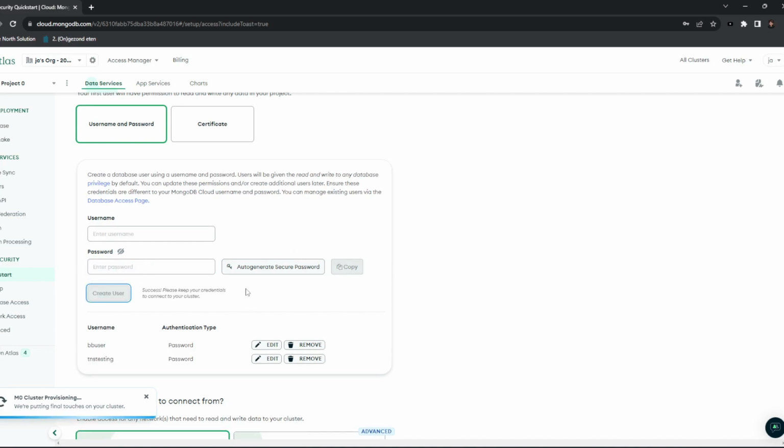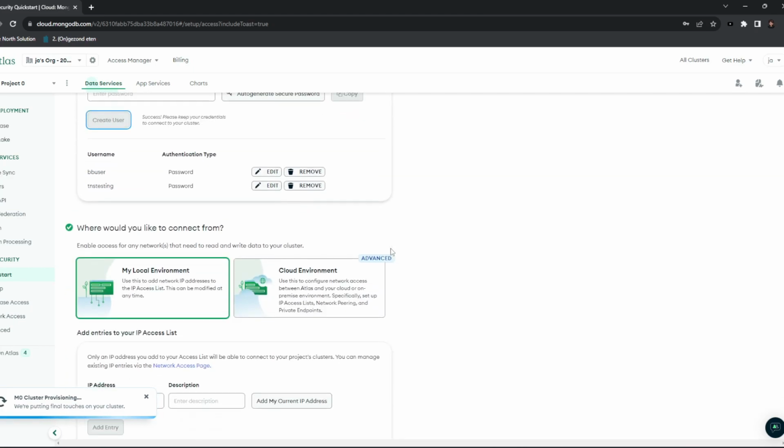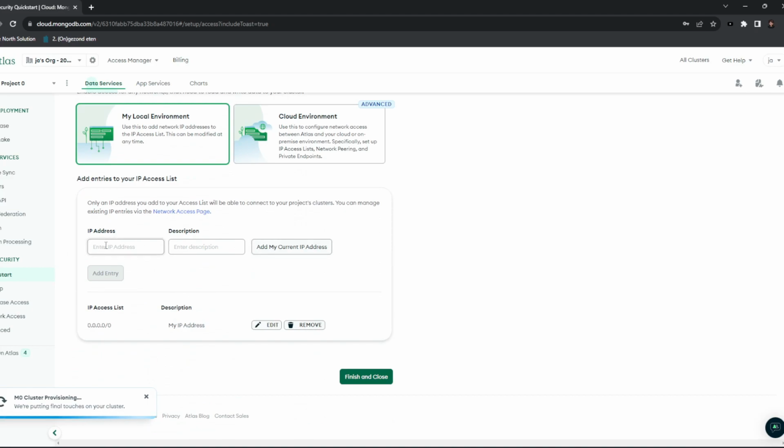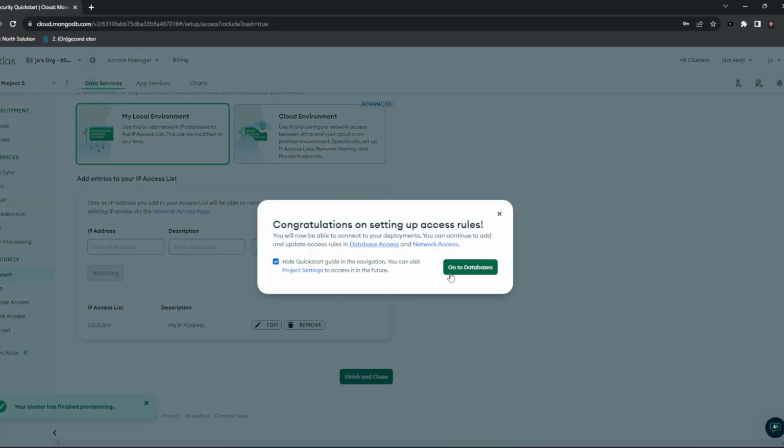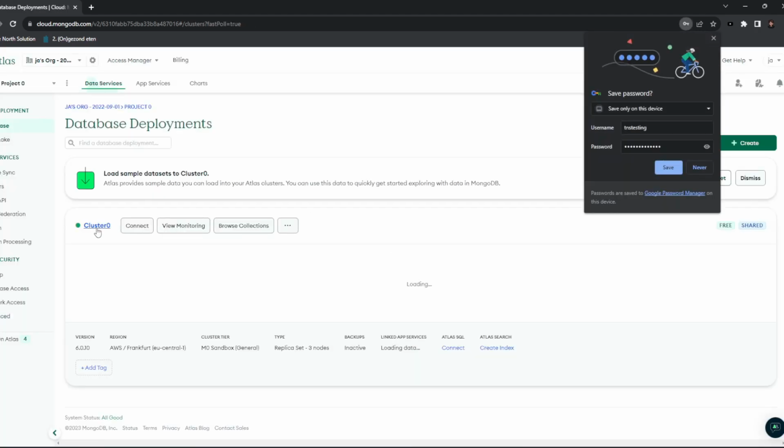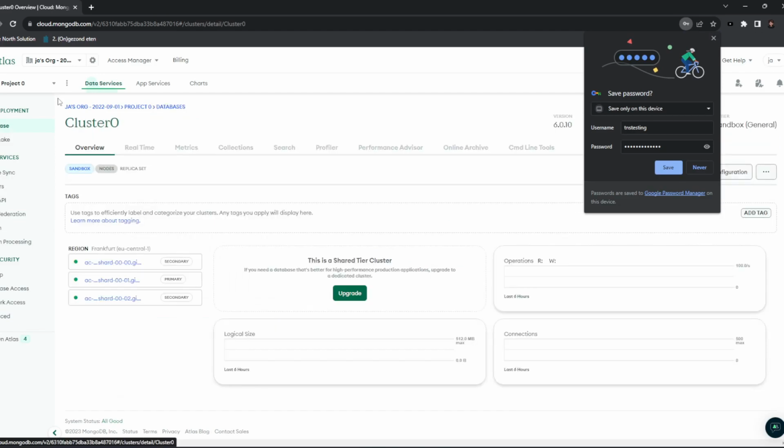With this user you will be authenticating for the connection string, which will be shown later, and then make sure to add this to be able to access the database from another IP address or a hosting. And then you can just click finish and close, go to database, click here,